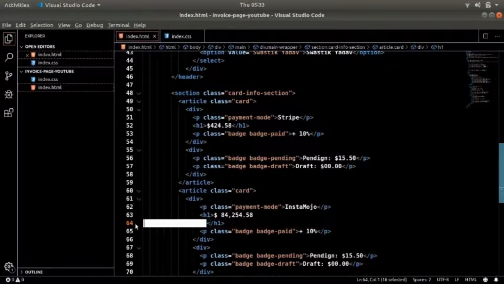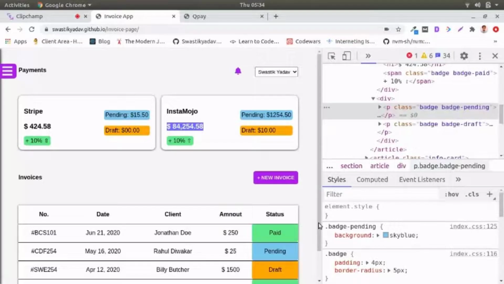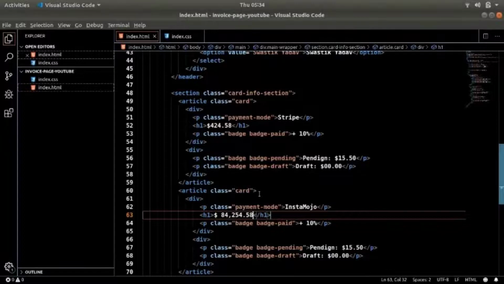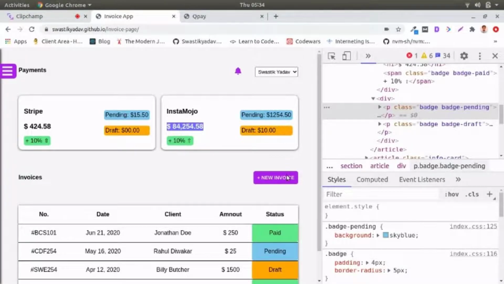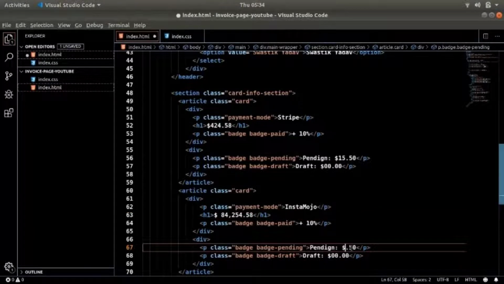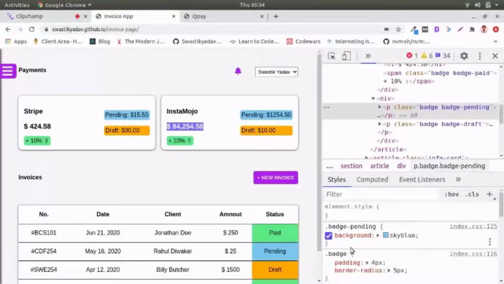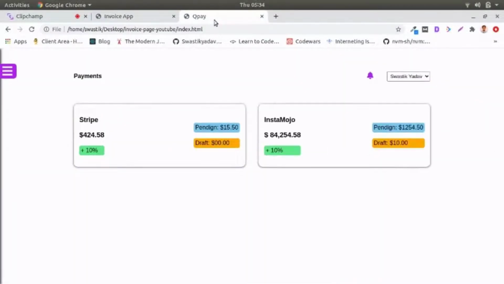Okay, and this is only 10% increased. Pending is 1254. Okay, and draft is 10. And that's it. There we have it, right?